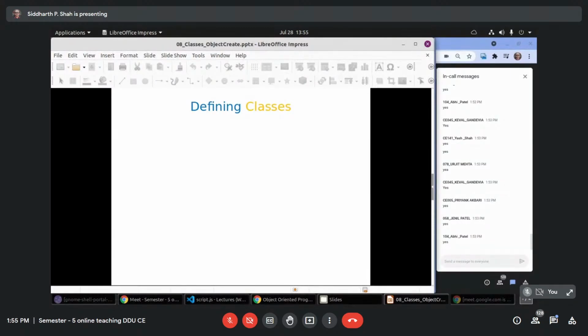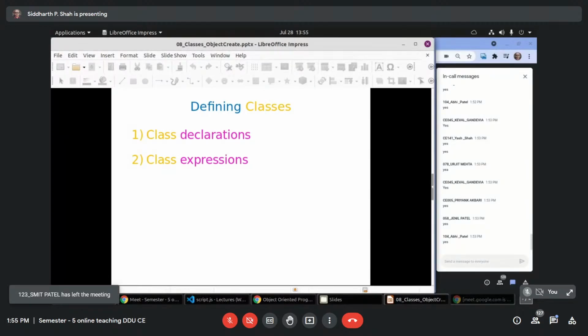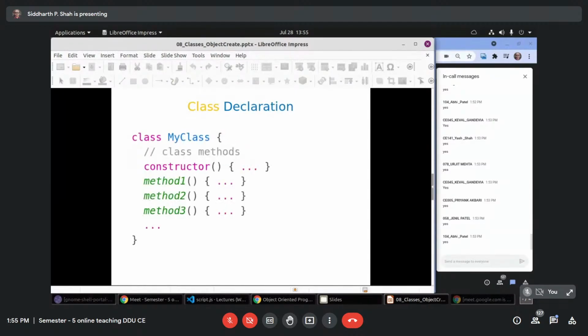So, defining classes. One is class declaration, another is class expression. It is like function declaration and function expression. There are two syntaxes for function declaration and function expression. Similarly, to define a class, there are two syntaxes. Either you can use class declaration or class expression, though class expressions are not used much. What is class declaration?